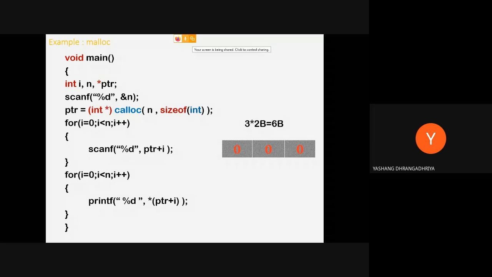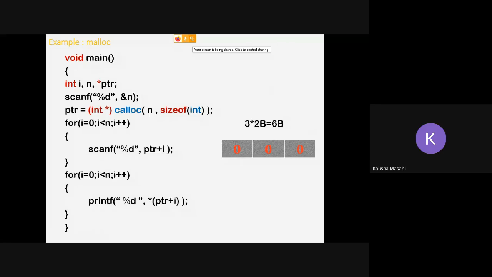Ma'am, can you explain the calloc? See, when you are executing calloc, what are the properties of calloc? First of all, calloc is not going to assign a single memory block. In your malloc, a single memory block of a given size was getting reserved.